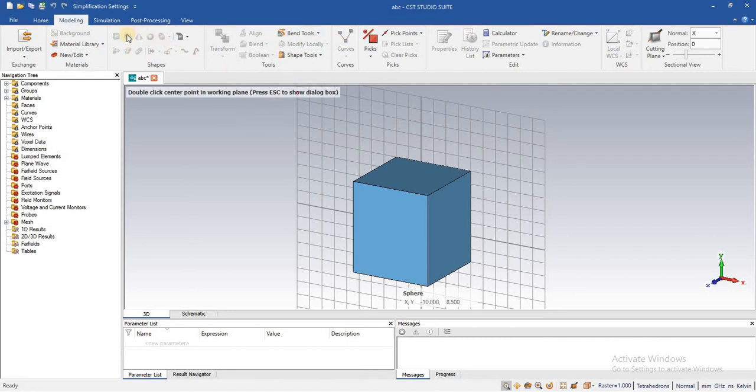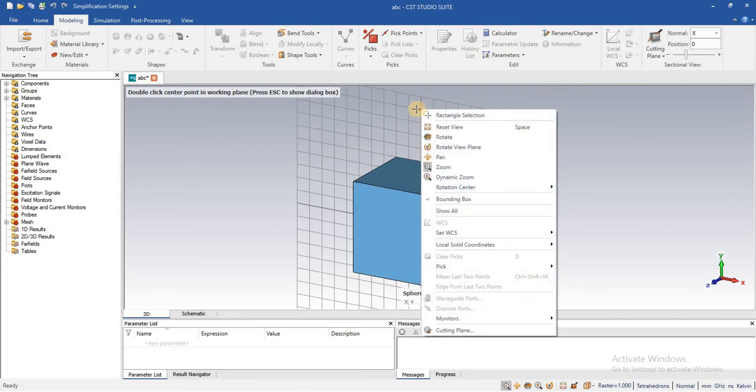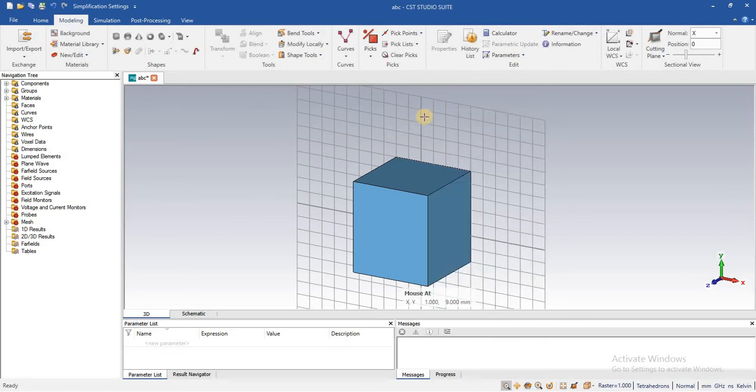Now I have selected sphere. If I have selected it wrongly, I can press backspace. This will be finished.